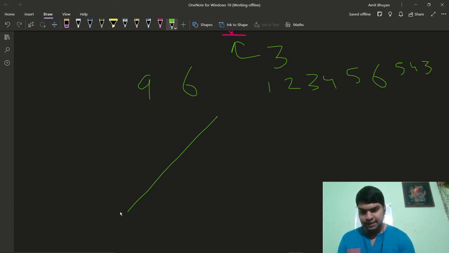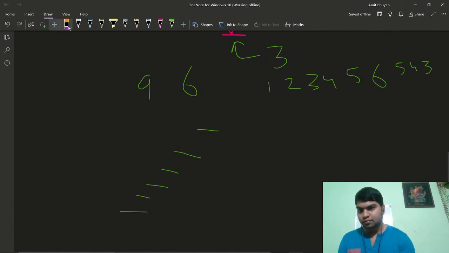So let's make level 1 2 3 4 5 6. We have a hill till here. So it is a hill.